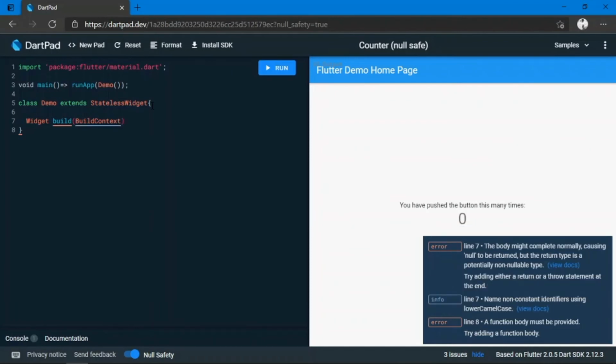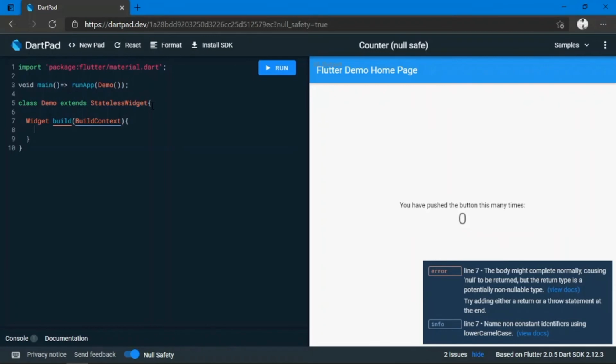Okay, now what is our widget going to be? Our widget will return something. What will it return? It will return a material app.